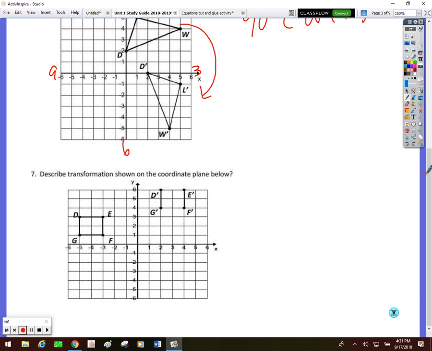Describe the transformation shown. Well, if you'll look, D, E, F, G, my vertices are in the same order, so it can't be a rotation or reflection, and it didn't get any bigger, so the only thing it can be is a translation. Well, how far did it go? Well, let's try D. 1, 2, 3, 4, 5, 6, 7. 1, 2, 3. Just to be safe. 1, 2, 3, 4, 5, 6, 7. 1, 2, 3. So with translation, 7 units right